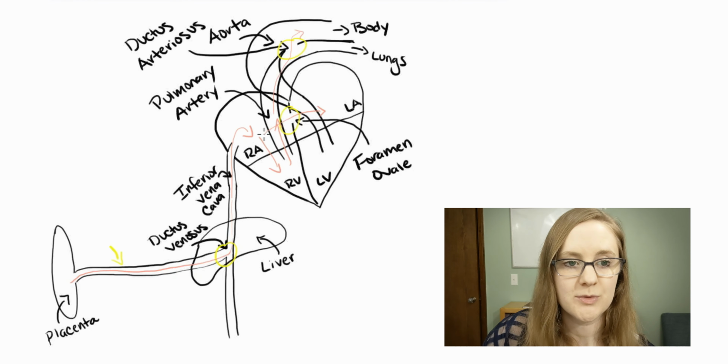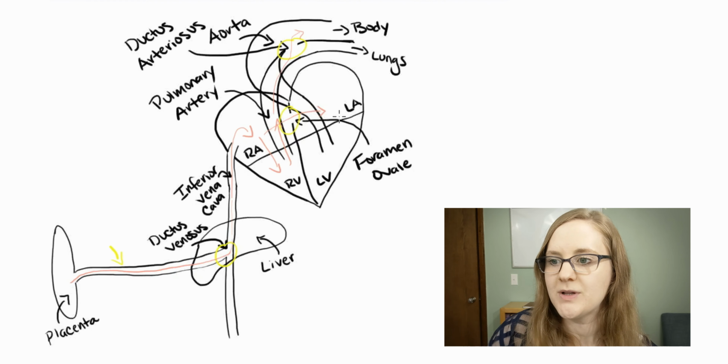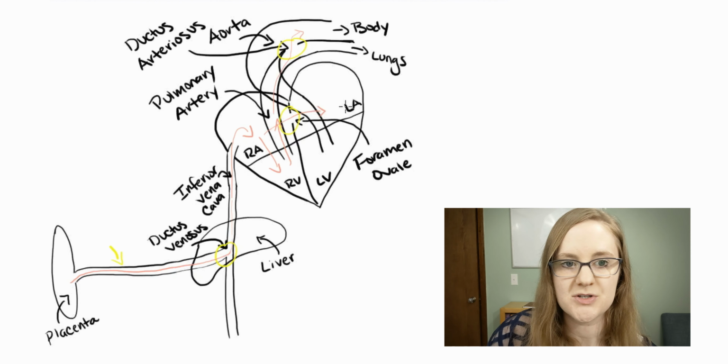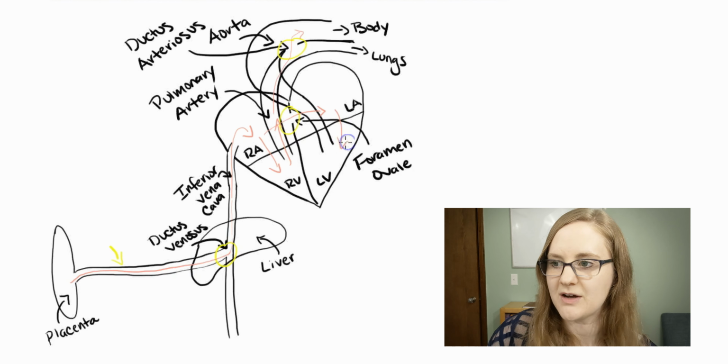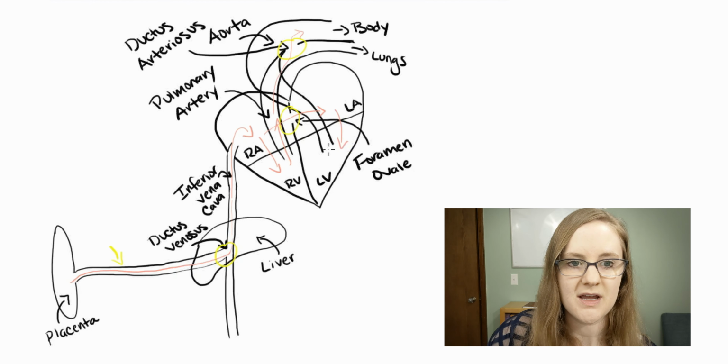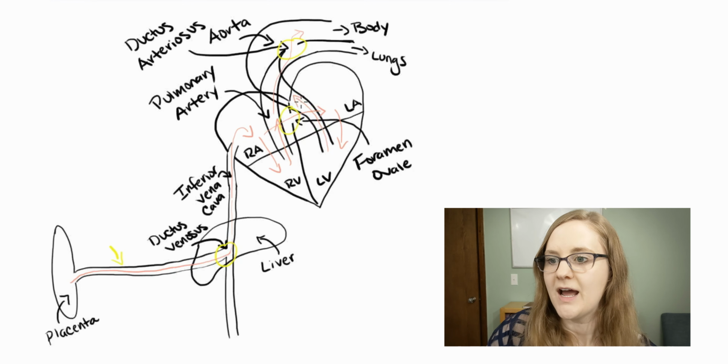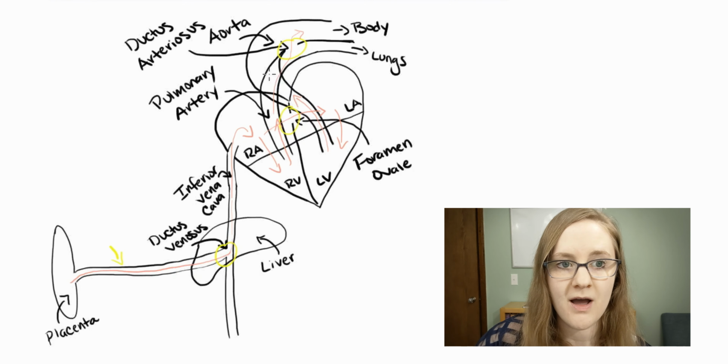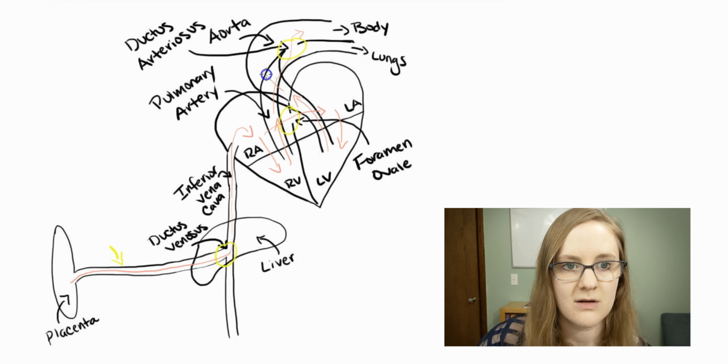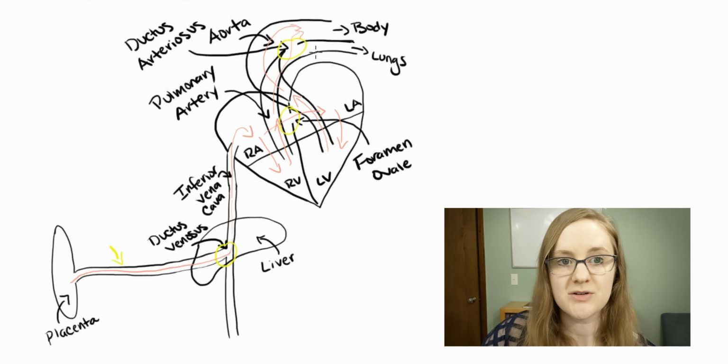So now, because blood moved from the right atrium to the left atrium through the foramen ovale, we have blood here in the left atrium. Now, the blood from the left atrium goes to the left ventricle down here, and then it goes into the aorta. Right through there. Now, this is now distributed through the baby's body. So it comes all the way over here, meets that little blood there, and goes out to the body through